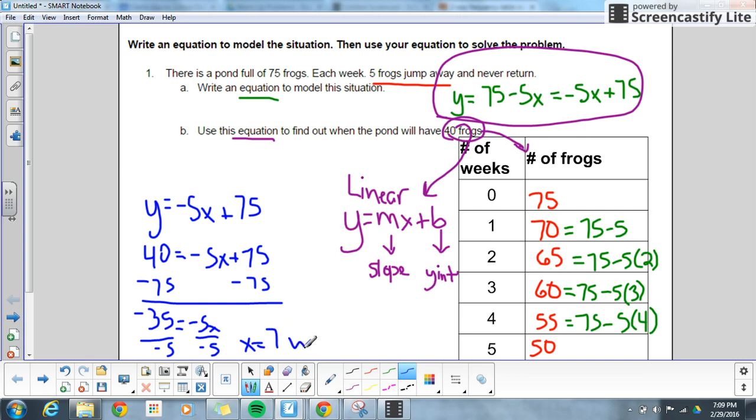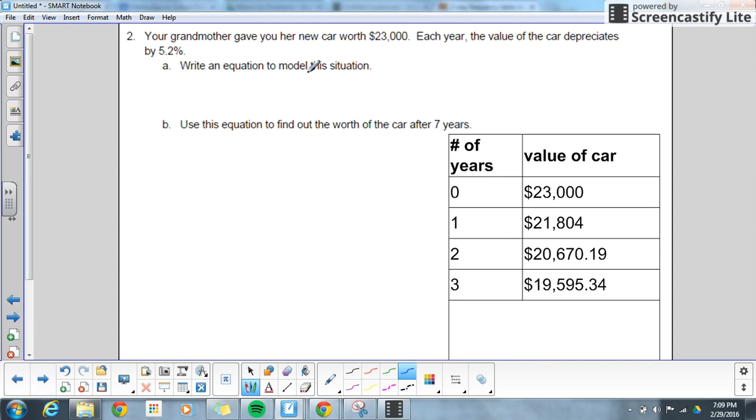Okay, now there would be other ways you could use this equation or find this solution, but again, it said to use your equation. So this is a linear model because we're adding or subtracting the same number every time. That number that we're adding or subtracting is going to be your m, and your b is going to be your y-intercept. All right, we're going to skip over this grandmother gave you a new car for a minute, and